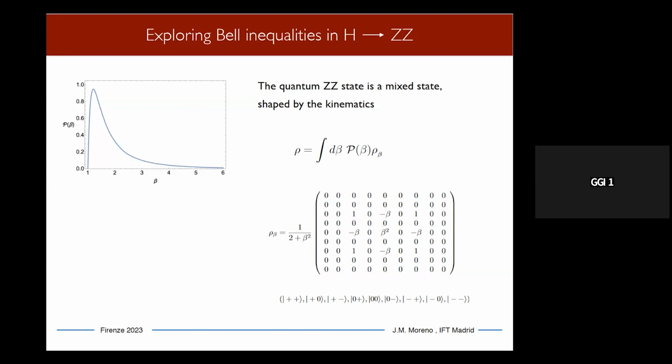So this is in comparison, for example, with much more complicated cases like the top. If you have a pair of top quarks produced at the LHC, what is the origin of the fact that you are in a mixed state? It is due first to the fact that you have two different production channels, corresponding to q q-bar and gamma gamma. It is due to the fact that the kinematics of the initial channels vary, which is controlled by the PDFs of the protons.